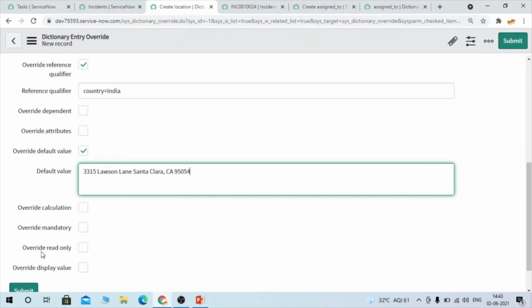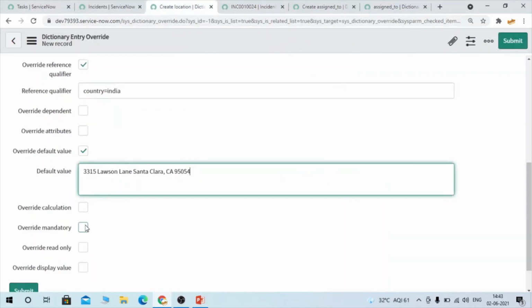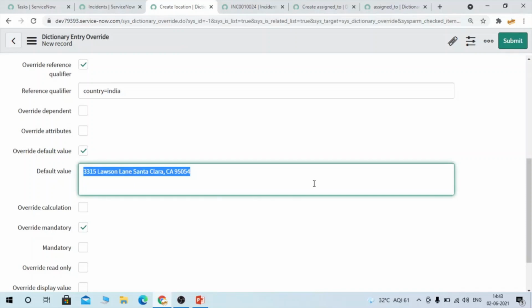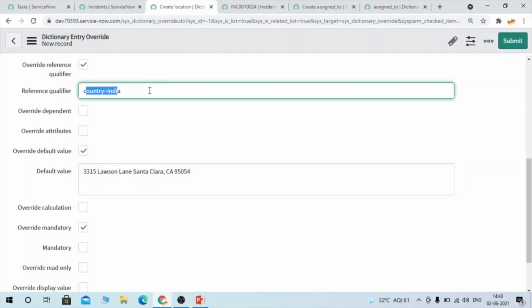And if you want to make it read only or display, or make it mandatory, let's make it mandatory as well. So I have made the location field on the incident table mandatory. I have provided a default value, and I want to see only locations whose country is India.